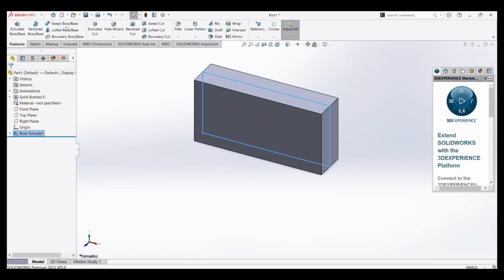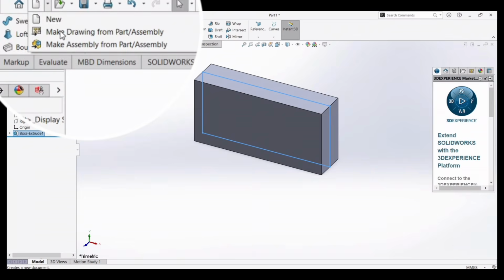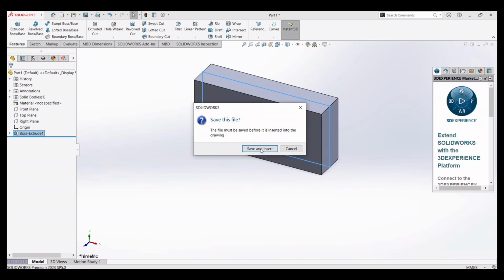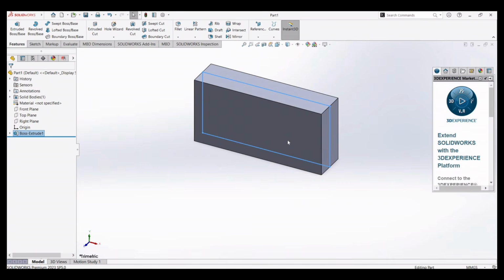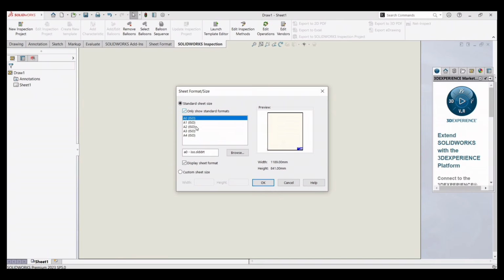To make the printout, we can click here, make drawing from part assembly, save and insert. They will ask about the paper size. We can click on A3 or A2, or we can even browse the template. Now click on OK,